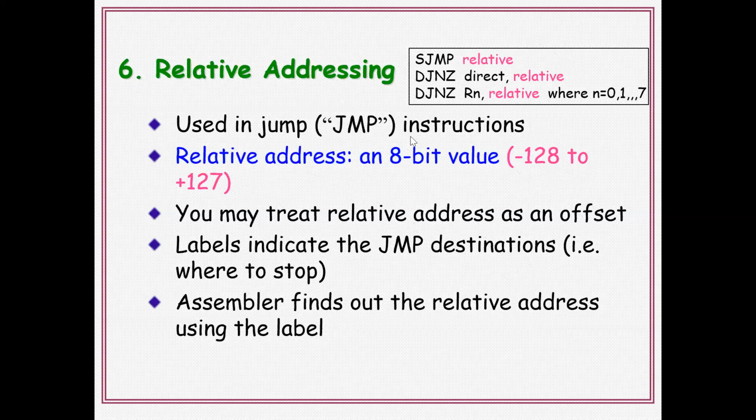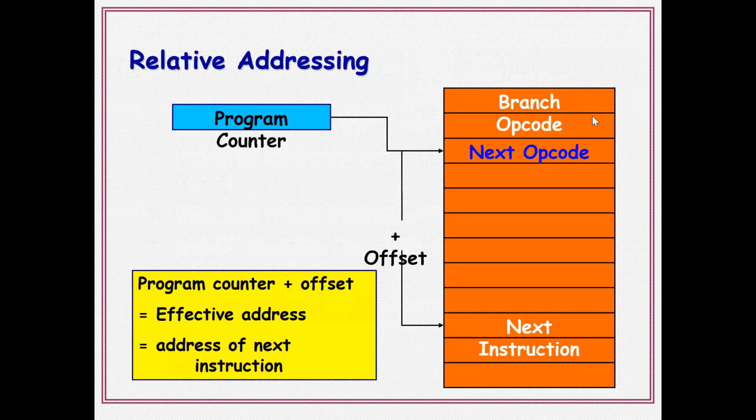Labels indicate the jump destinations. The assembler finds the relative address using these labels. Here, SJMP relative, any label. DJNZ direct, comma, relative: supported with a relative value or direct address. DJNZ register, comma, relative: you can use any register from R0 to R7. Okay, so